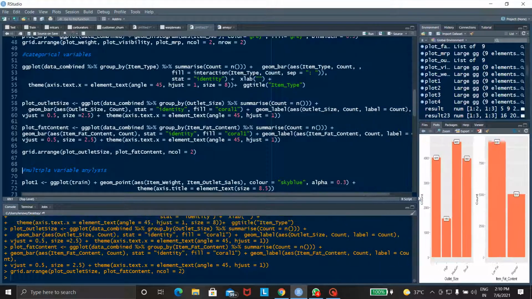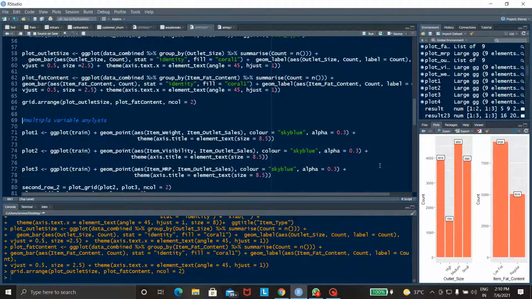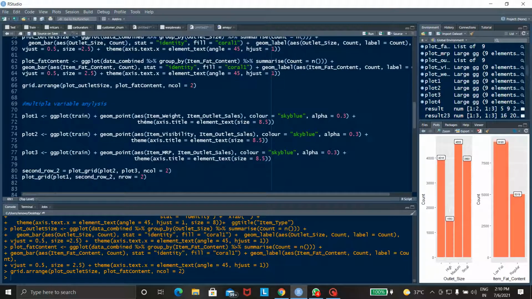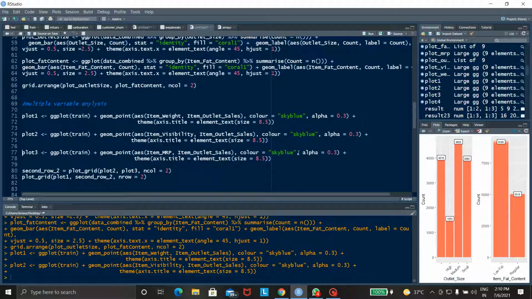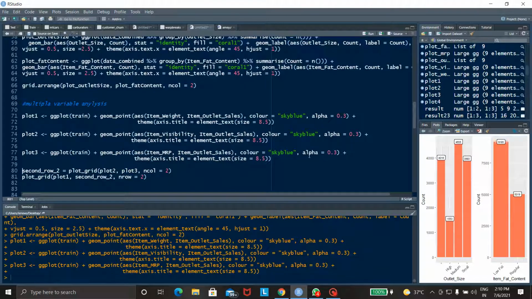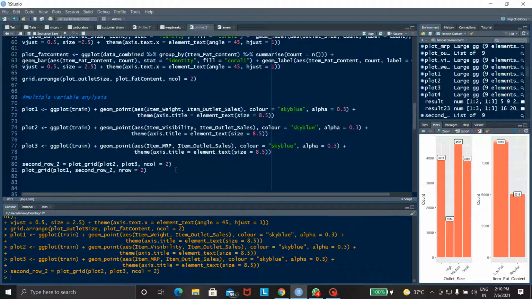Then the next stage is multiple variable analysis. In this analysis we can analyze multiple variables. Here is the program of multiple variable analysis. Then run this program. Then second, run this program. It is mandatory to run a single line of code at a time, otherwise the code does not run properly and output is not given.